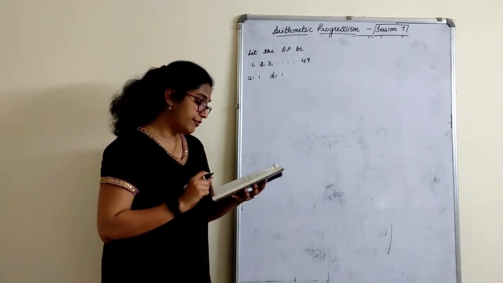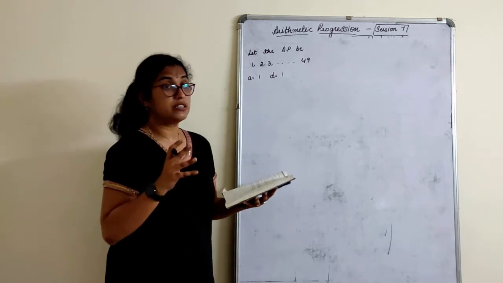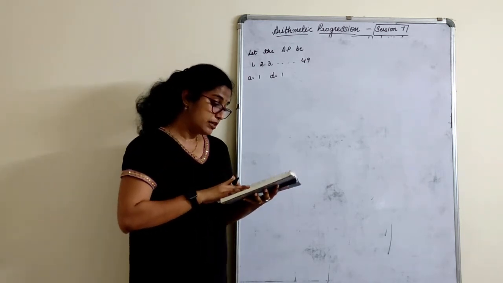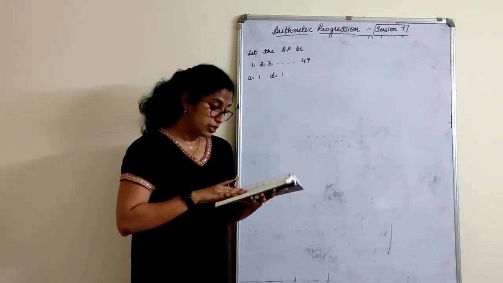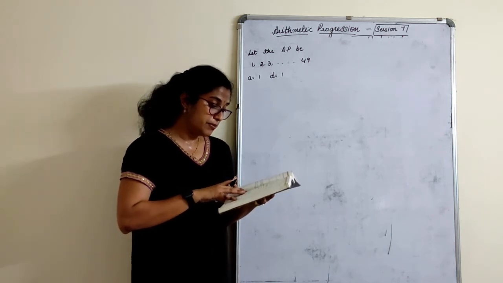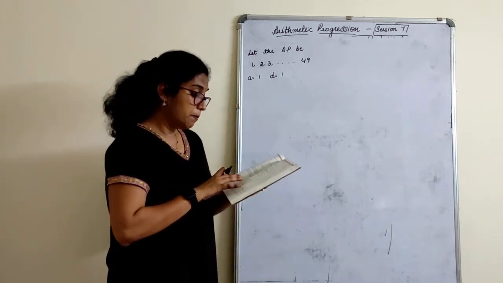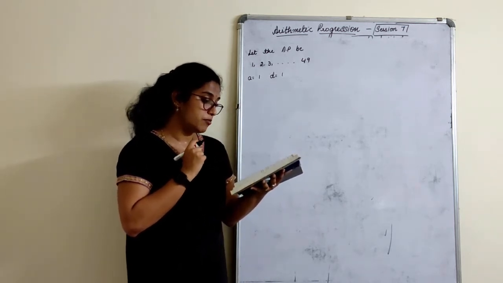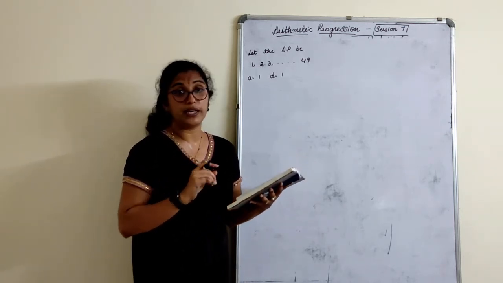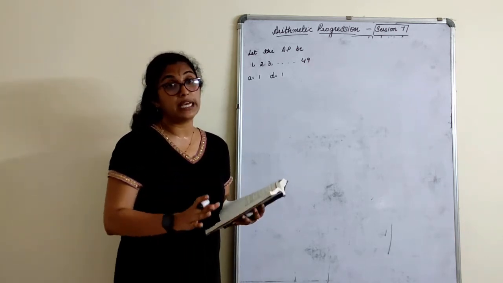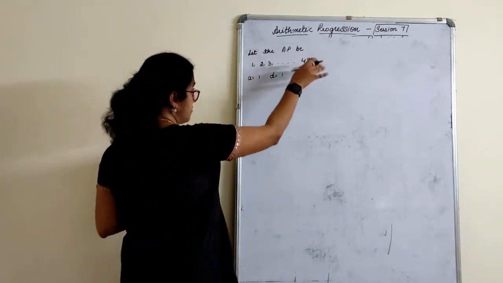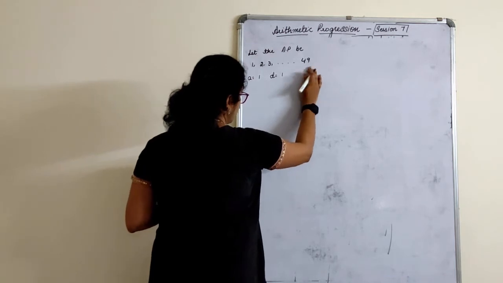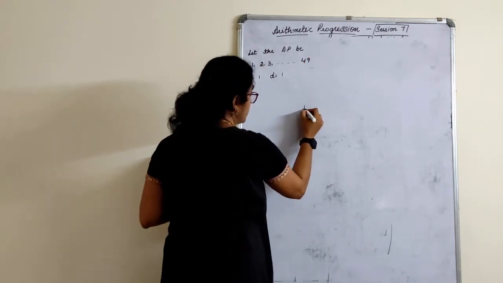Show that the value of x, now what is this x? I will make you understand. Show that the value of x such that the sum of number of houses preceding the house numbered x is equal to the sum of number of houses following it. The whole question is about Sn. That means it is about S49.